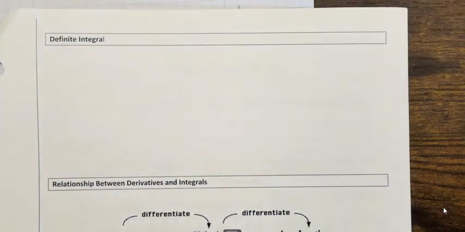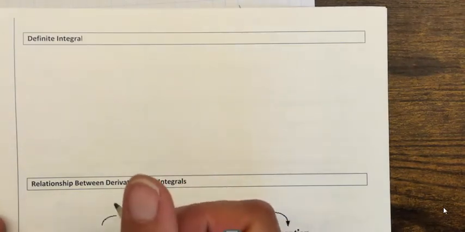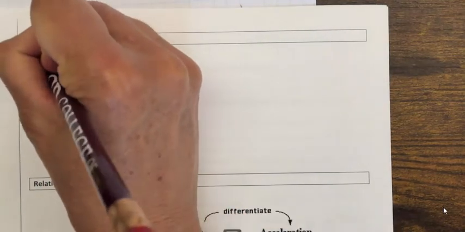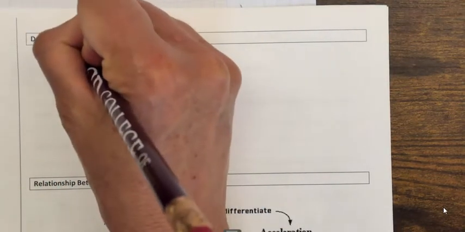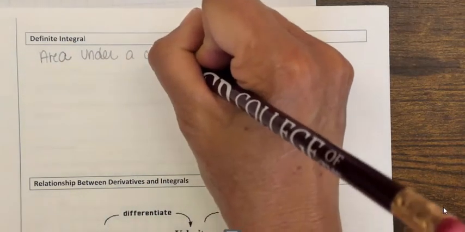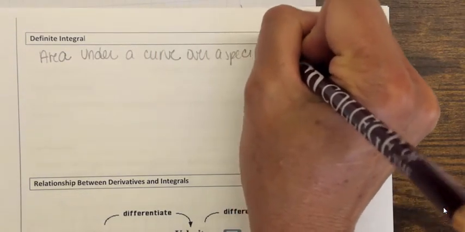Pretty simple, but let's first talk about definite integral. Let's get a definition for definite integral. Well, I should say not an actual definition, but kind of an estimate, or our own verbal definition of what a definite integral is. So it's going to be the area under a curve over a specified region. And just like it said in our notes,